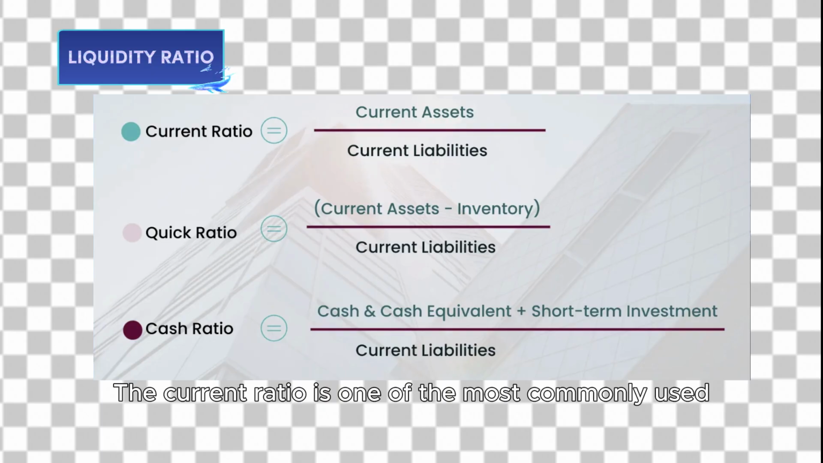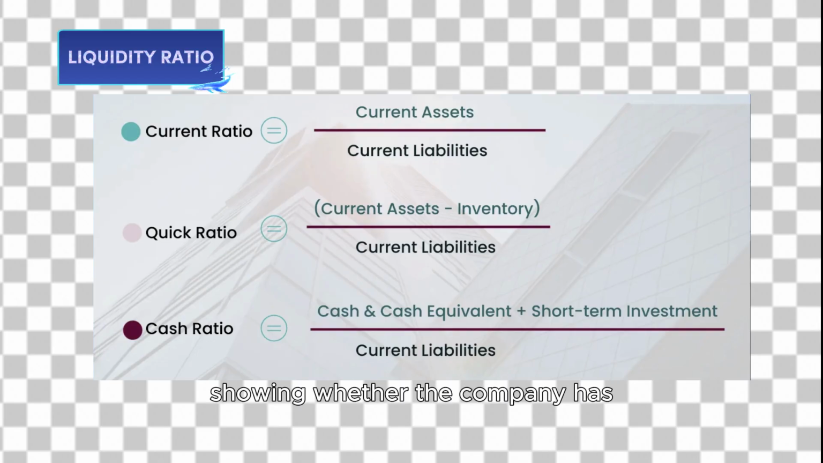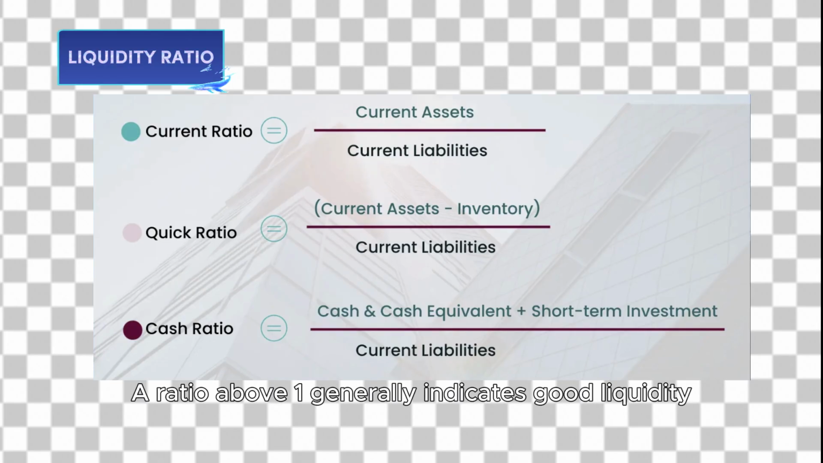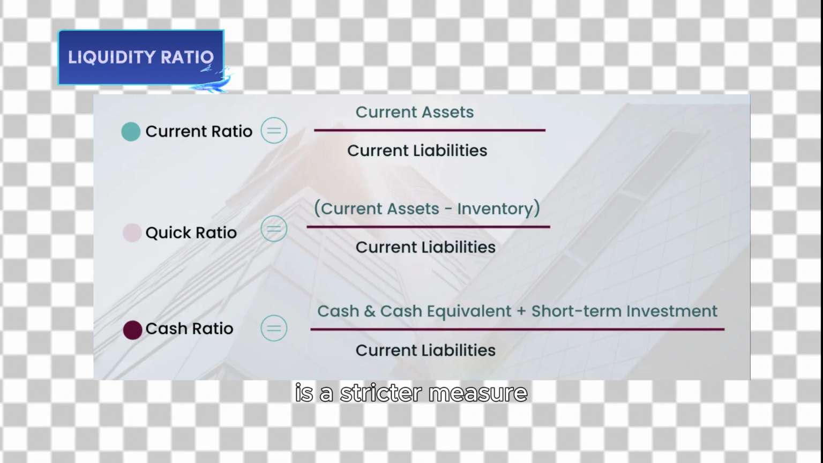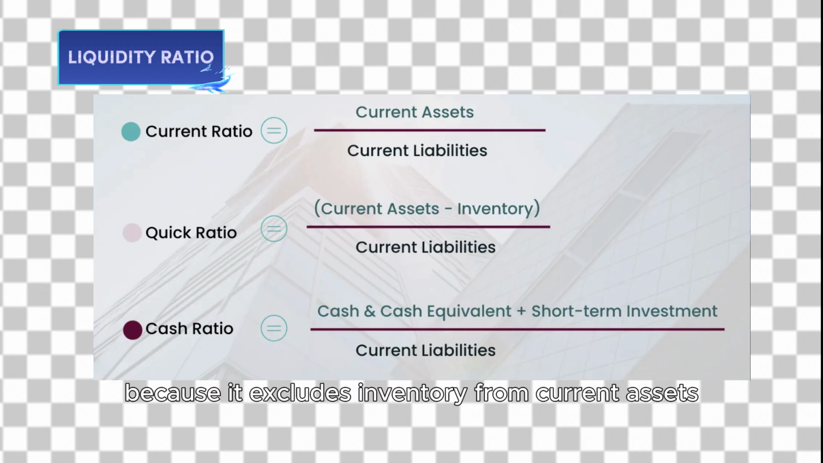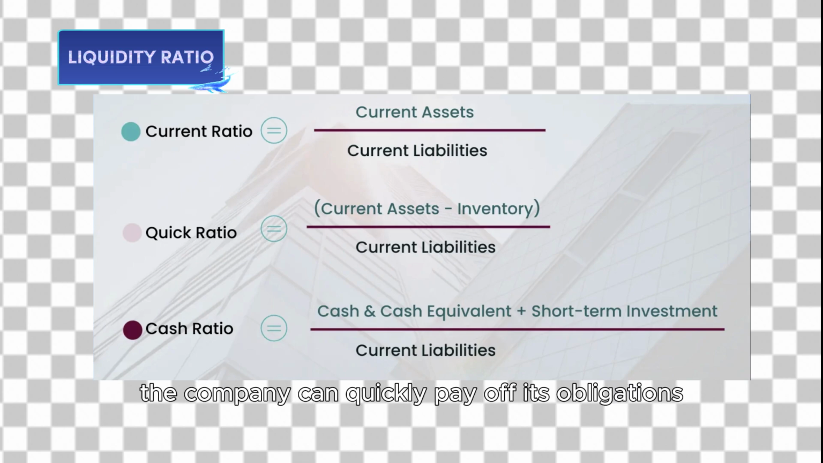Next, we move to liquidity ratios, which assess a company's ability to meet its short-term obligations. The current ratio is one of the most commonly used. It compares current assets to current liabilities, showing whether the company has enough resources to cover its short-term debts. A ratio above 1 generally indicates good liquidity. The quick ratio, also known as the acid test ratio, is a stricter measure because it excludes inventory from current assets. This gives a clearer picture of whether the company can quickly pay off its obligations without relying on selling